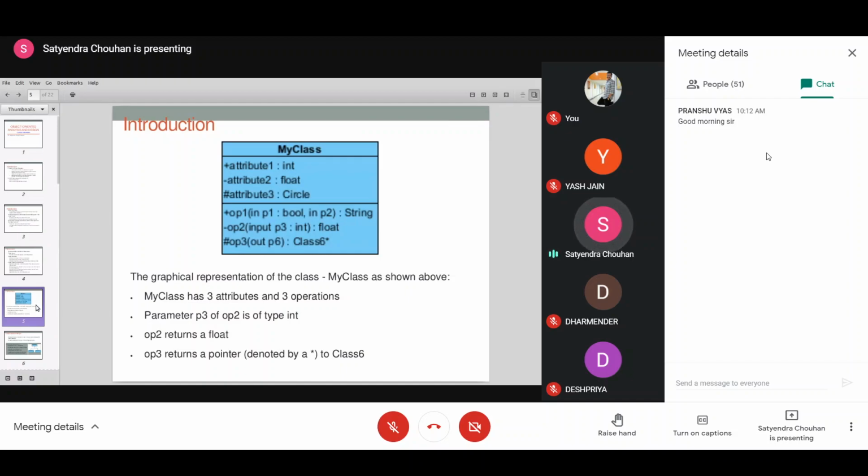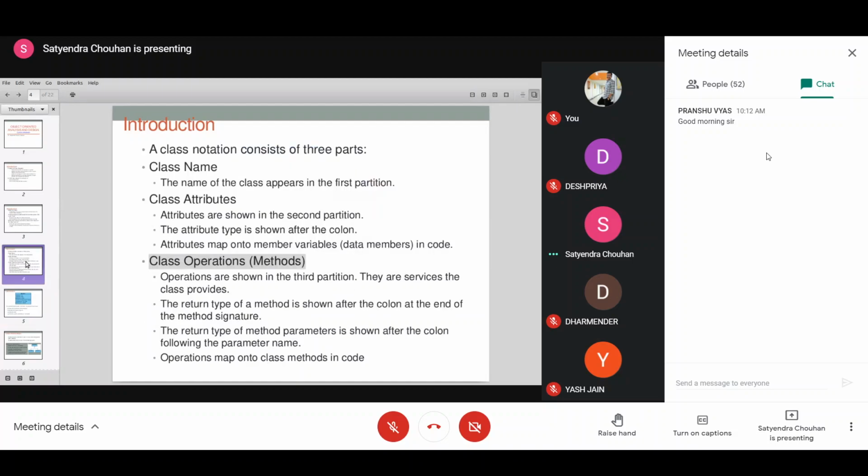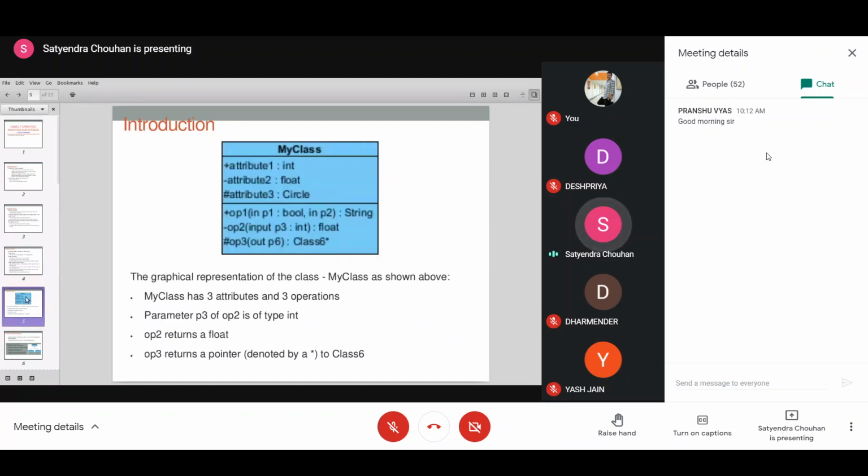Now, in this diagram, you can also see that there are some notations written here: plus, minus, hash. Does anybody know what these notations mean? What are these notations? Plus, minus, hash.